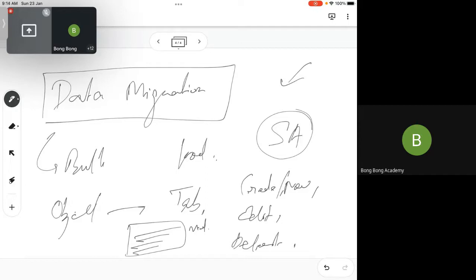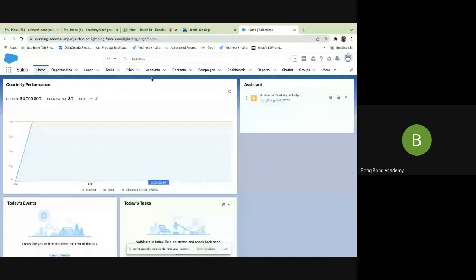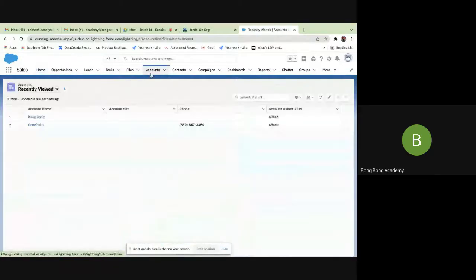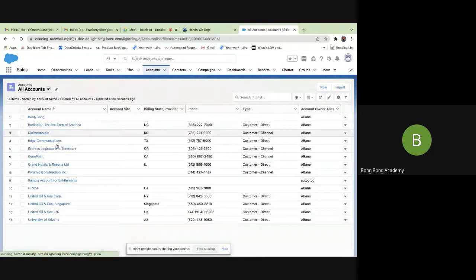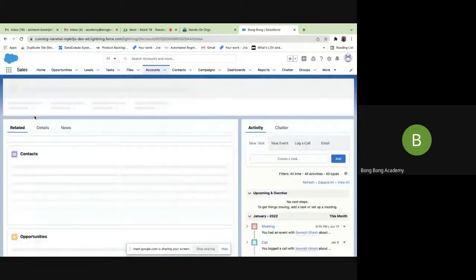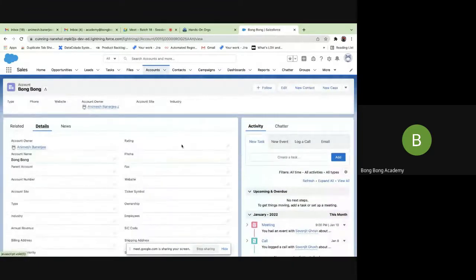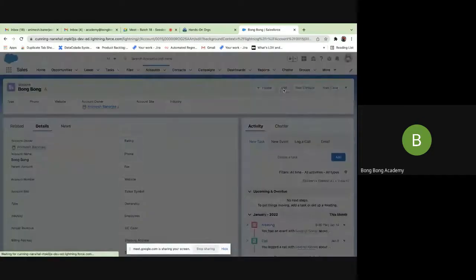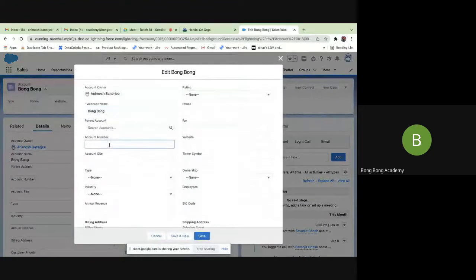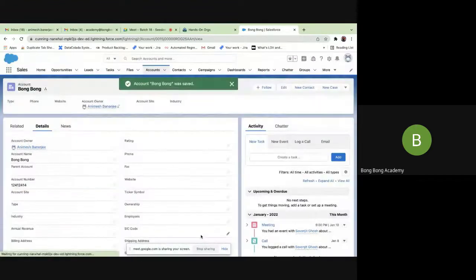So this is Salesforce. This is your bulk read screen. If you click on this one, you go to details. This is your read operation. You are reading a record. If you edit this, this is the edit operation.